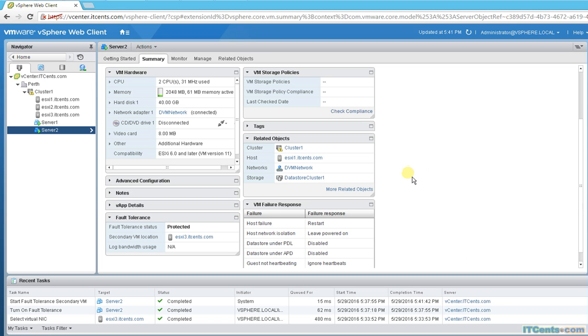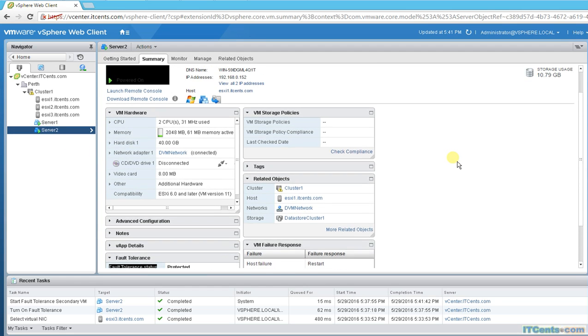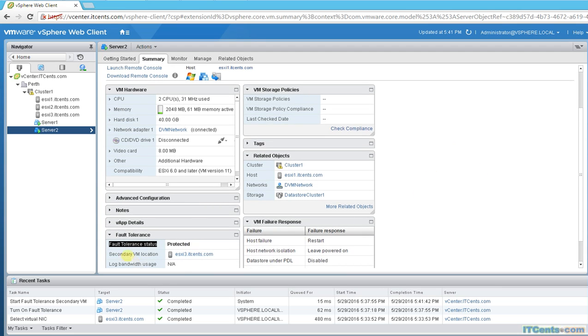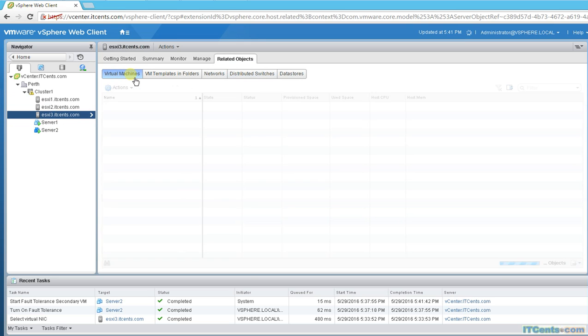Okay, it's completed. And as you can see, the server 2 icon has changed, as well as here the fault tolerance status is protected. Secondary VM is running on ESXi3. Server 2 itself is running on ESXi1, as I said earlier. And the secondary VM, which is a read-only VM, is on ESXi3. Those people who are new to FT might say, oh, where is the secondary VM? Well, you won't see it here. If you want to see it, you go to ESXi3, virtual machines, and here,